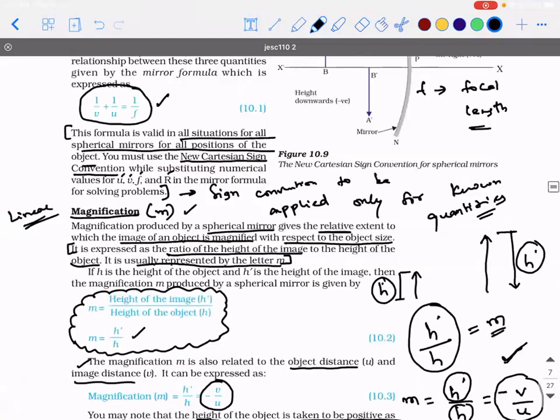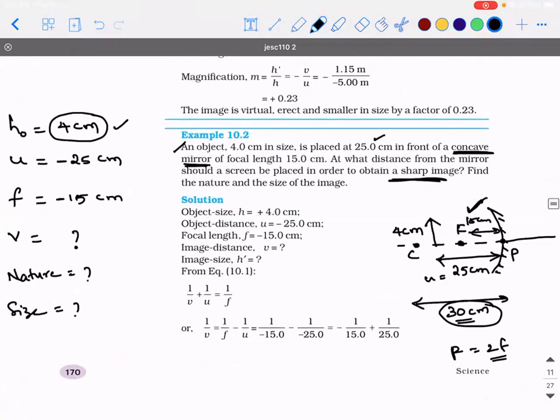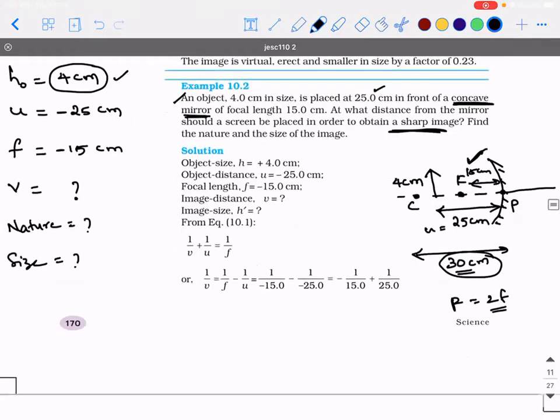Right? So all these things should be in your mind. See, generally, from my experience, the mistake the students do is they treat ray diagram as a separate concept, problems as a separate concept. That is why they struggle. But if you apply the logic of ray diagrams here by practicing them more, you will understand whether your answer is right or wrong. You know why I asked this question? In this case, I found 25 centimeter is lying between F and C because C is at 30, F is at 15. So the object is placed between center of curvature and focus.